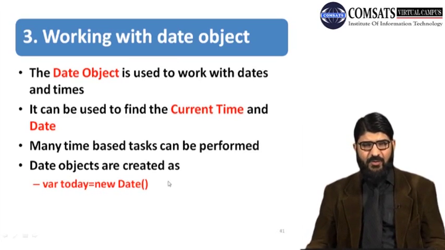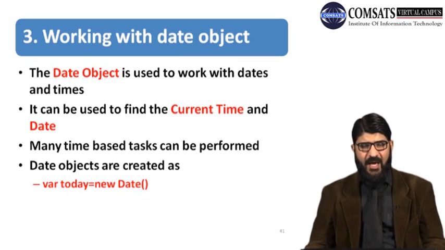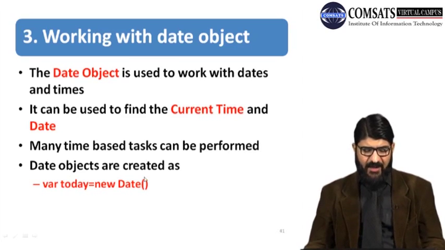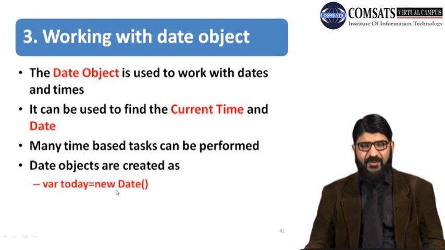So if we want to take a specific date and time from the user, or if we want to get the user system date and time, and if we want to mention the server date and time to the user, so we need get date and time function or date function if we just only want to display with date. So how to create date object? Variables is created today, and the method for the date is new date is created.